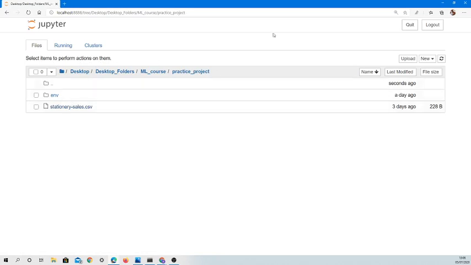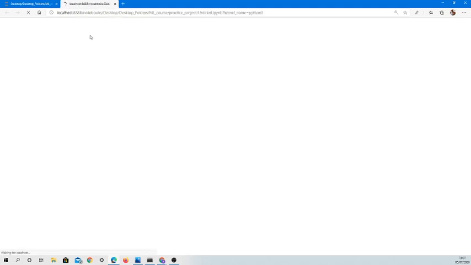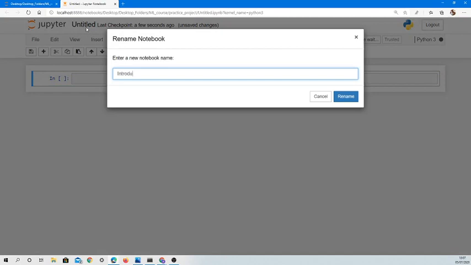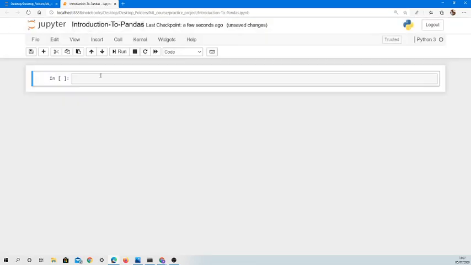And also we want to create a new notebook. So new, Python 3. I'm going to rename this to Introduction to Pandas. Okay, so I've made up my notebook. So now I'm going to take you through a nice introduction to Pandas where you will learn about different data